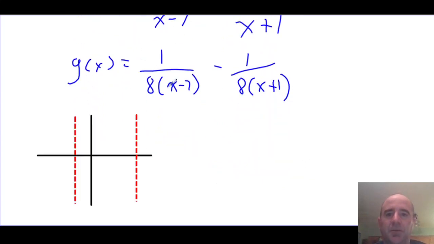Okay, so I've got both asymptotes drawn in, one at 7 and one at -1. Let's start with this equation right here, 1 over 8 times x minus 7. That's a lot like the equation 1 over x, except it's been shifted to the right by 7. And then there's that horizontal compression of 8 or the vertical stretch of 1/8. That doesn't really change the shape of the graph too much. So it ends up looking like this right here, and this right here.